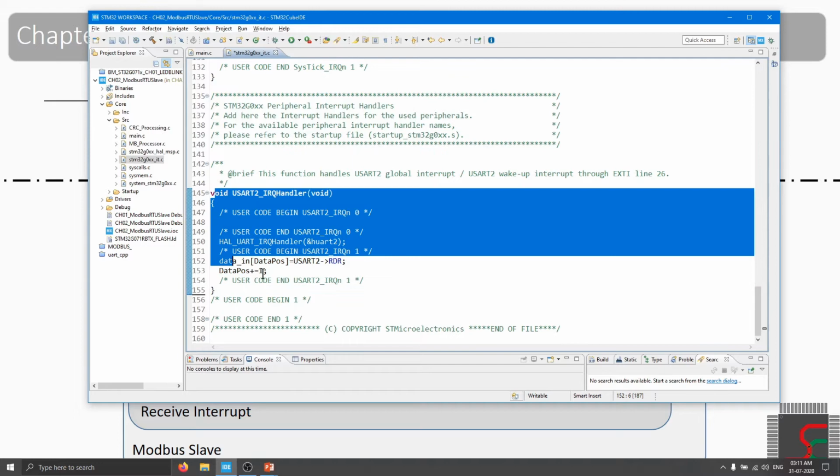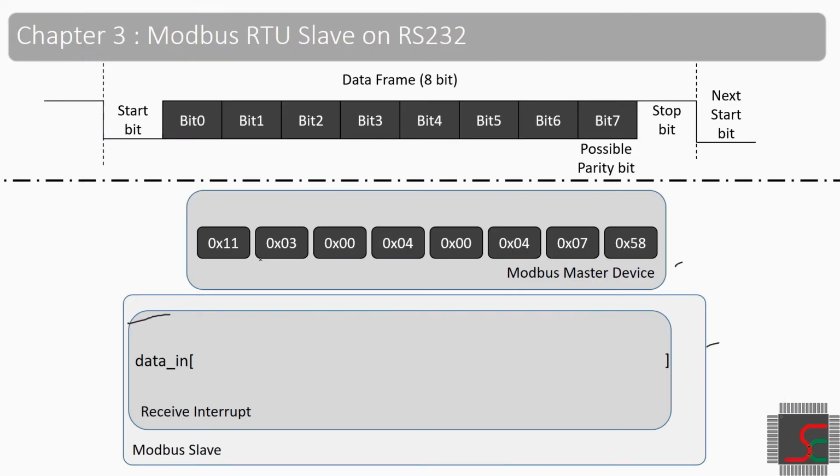An interrupt routine means the microcontroller will jump from the normally executing program code, which was running some routine functions. Thereafter, due to an event occurring on the RS-232 port, the program code will jump to this C function.